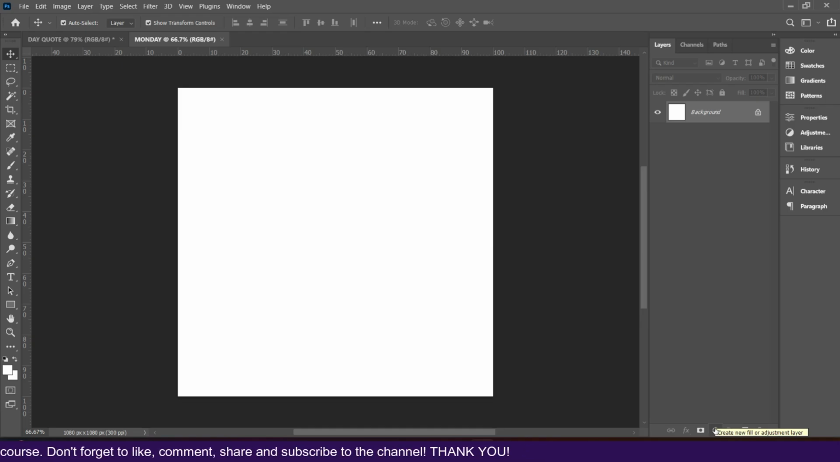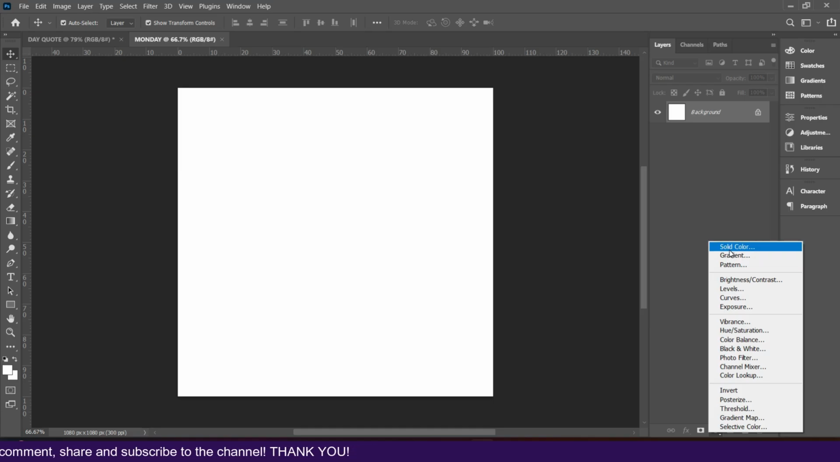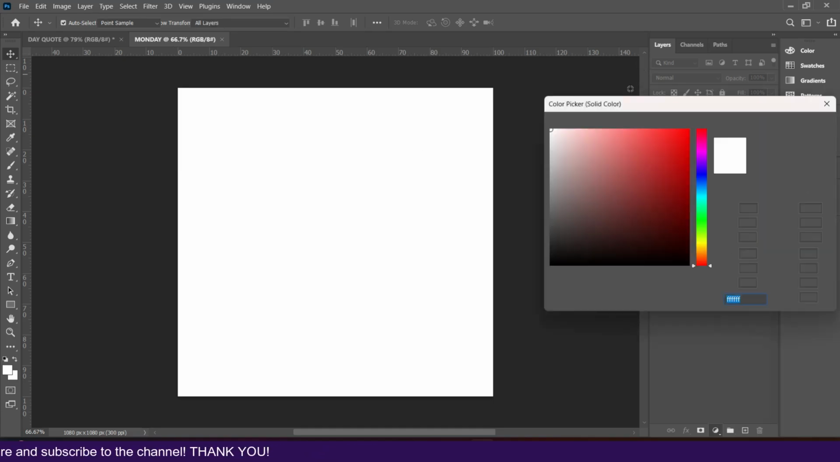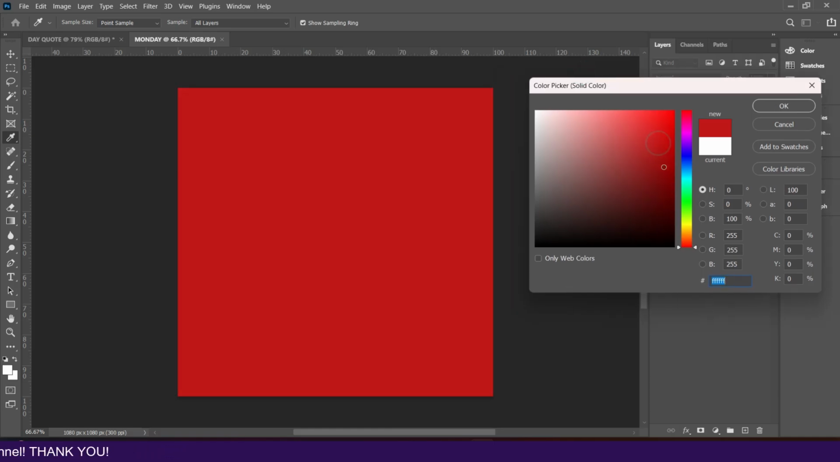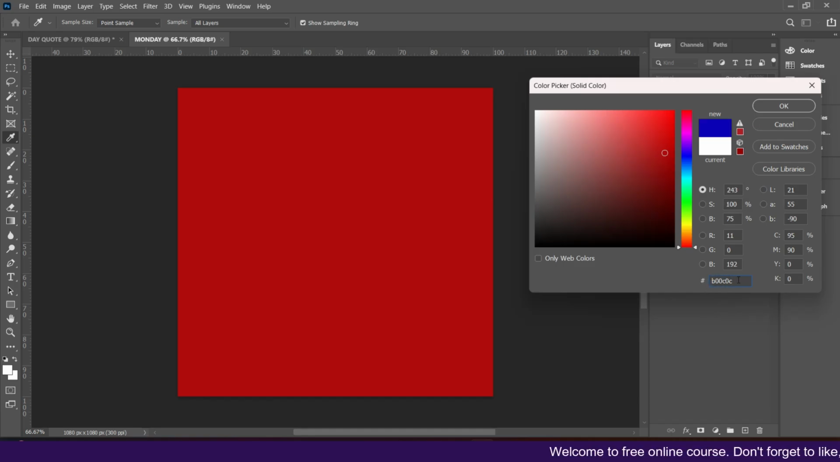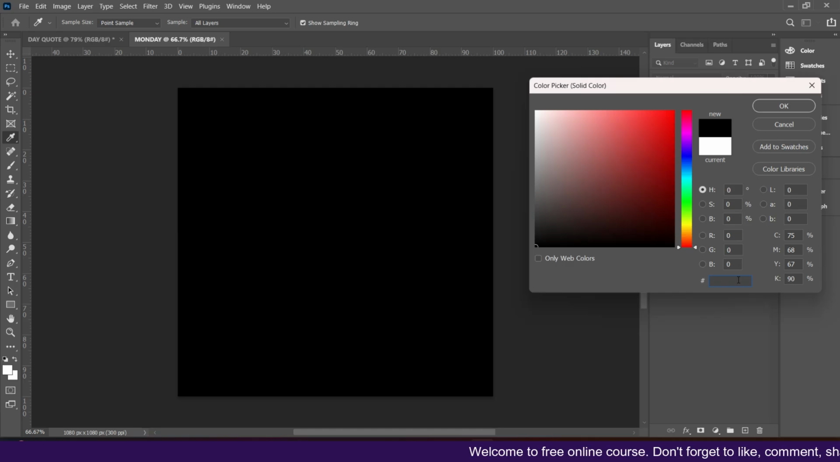So come to the create new fill. I'm talking about this. Click on it, and we are going to apply a solid color. So let's change it. Now you see this color picker. We don't want the default color, so you can choose any color that you want. But here I'm going to give you the color code. Every color that you see in this world has a code. So come to the hashtag that you see down here, then clear all the numbers there and put in this color code